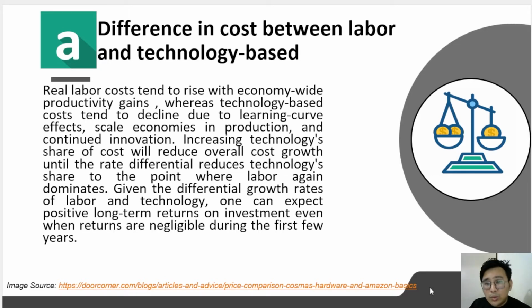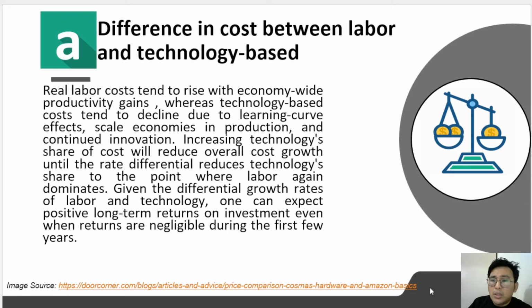We don't want to focus our investment in learning when we are still in the pandemic situations. That's why we need to make sure that when the economy is stable, then we try to increase the technology's share of cost. And we need to know that doing this will also reduce overall cost growth for our activities, especially in academic